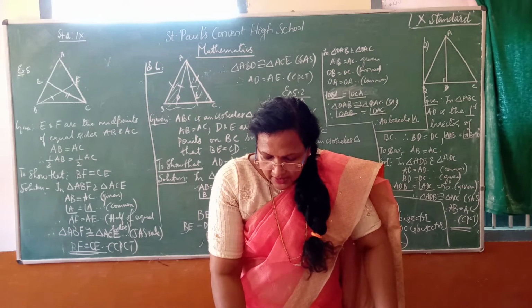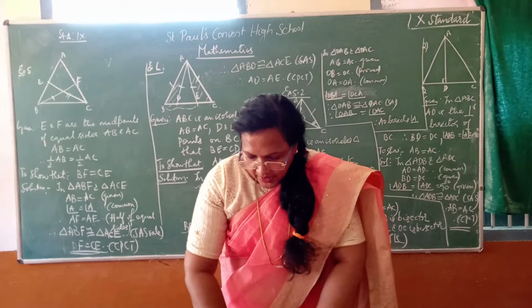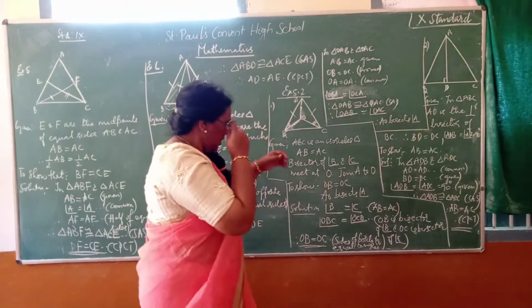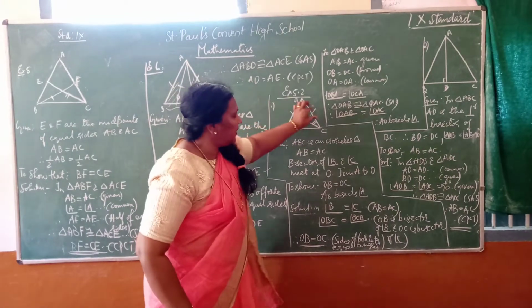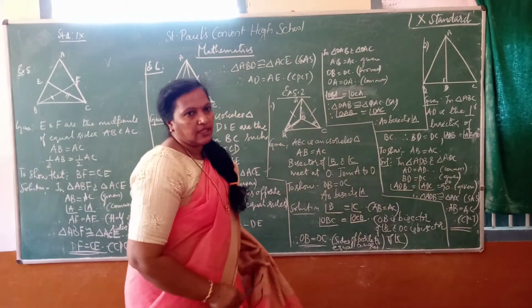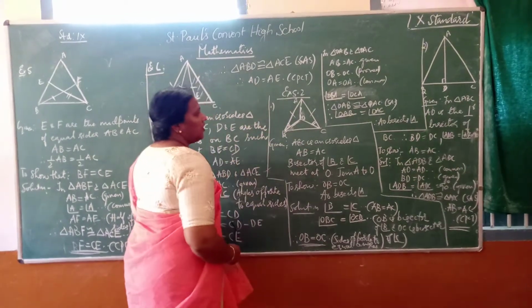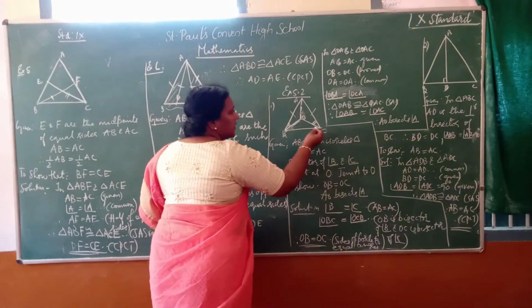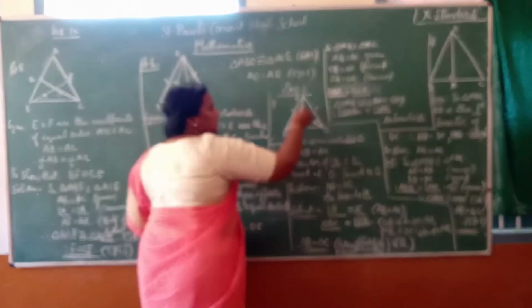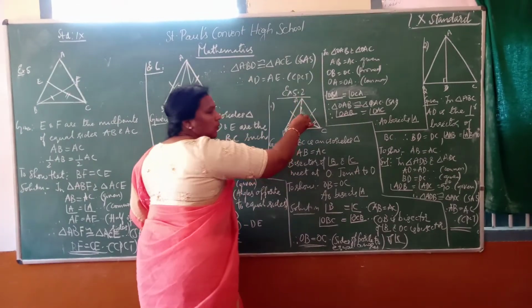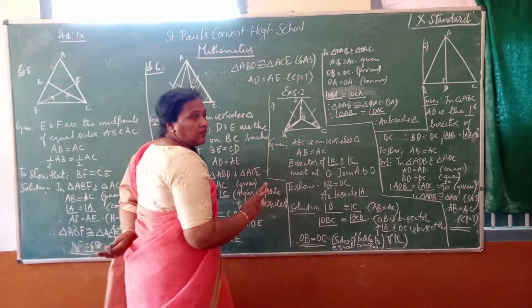In an isosceles triangle ABC with AB equal to AC. So, ABC is an isosceles triangle such that AB is equal to AC. The bisectors of angle B as well as angle C meet at O. Then what does it say? Join A to O. This is given. I have written the same thing that it told.